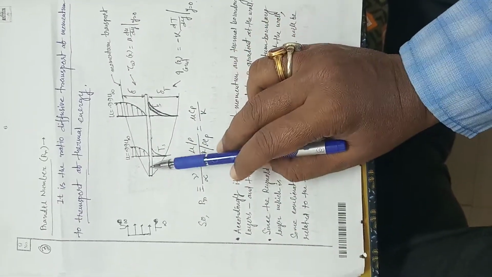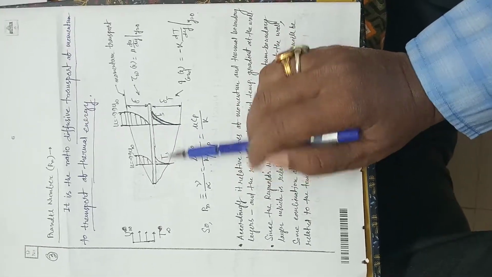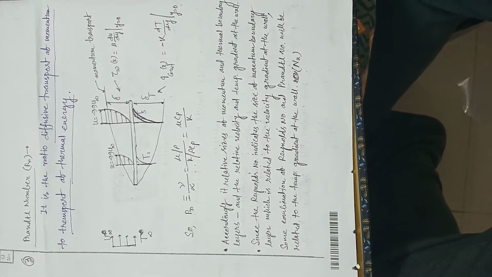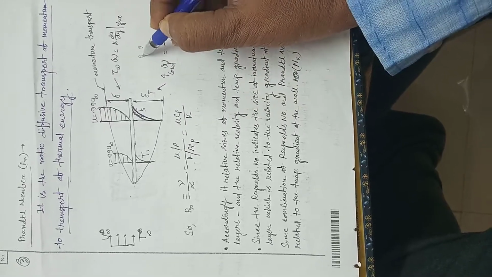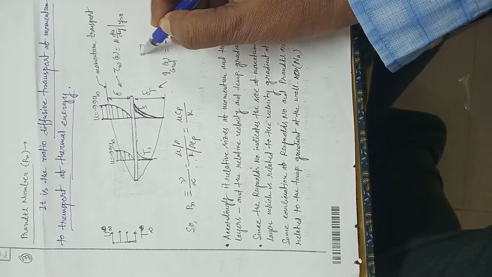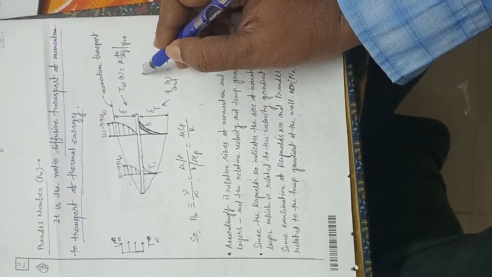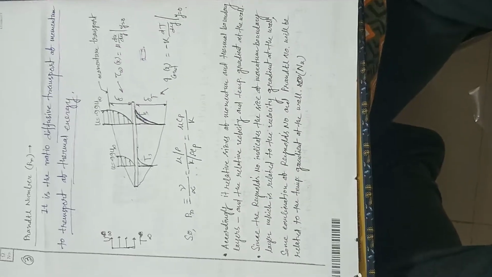Suppose we are considering a flat plate, and above the flat plate an incompressible fluid is moving, and on the other surface hot air is moving. Or suppose we are considering a tube, within this circular tube cold fluid is passing, and above the pipe hot air is passing. By this number we can calculate what kind of situation arises.